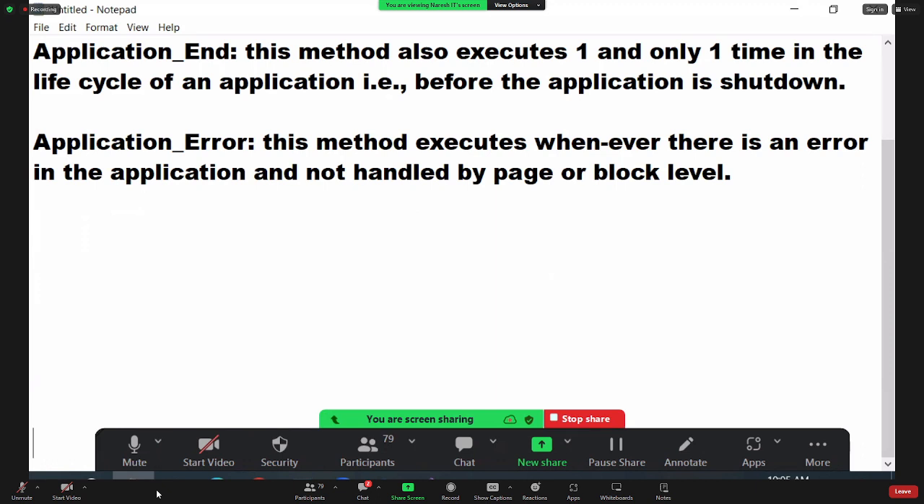Guys, listen. If there is no block level error handling, then it goes to page level. The first preference is block level. The second preference is page level. The third preference is application. First you check, is there any block level error handling? If present, stop there. If not present,